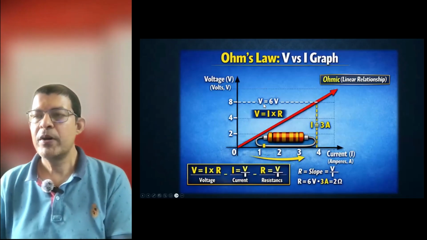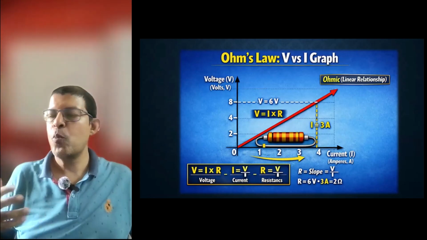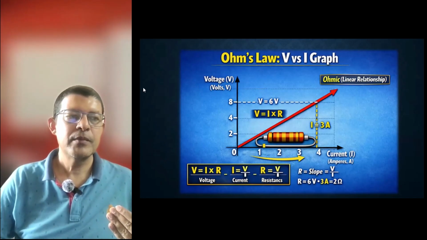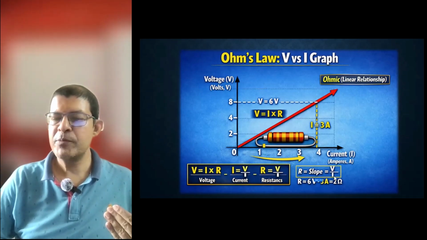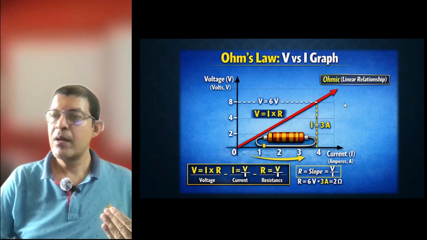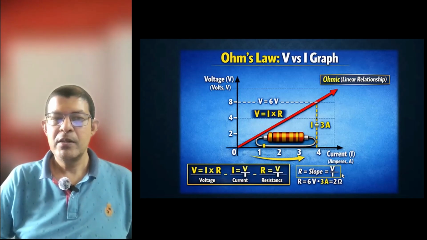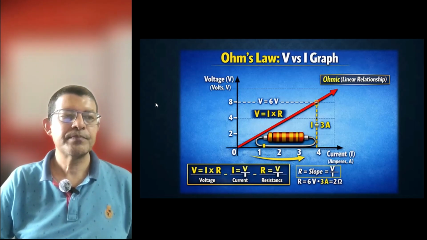So this is a graph of voltage versus current. That is Ohm's law representation. Voltage is proportional to current. And that is given by the slope, which is represented by R. Slope is given by voltage by current. Voltage is on the y-axis. Slope is basically y-axis reading by x-axis reading, right? So voltage by current. Here, if you take this particular cross point, you get voltage as 6 volts, and it has to be divided by, this is a division,